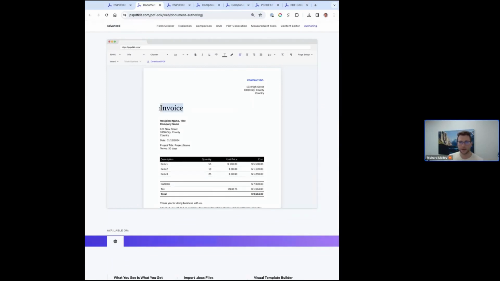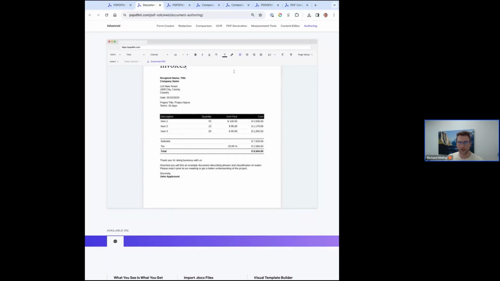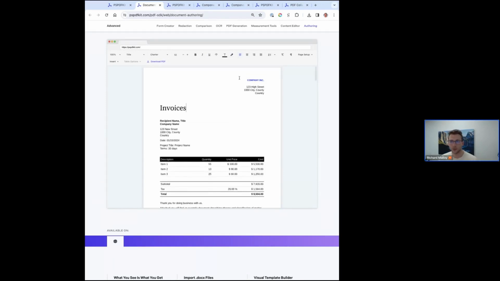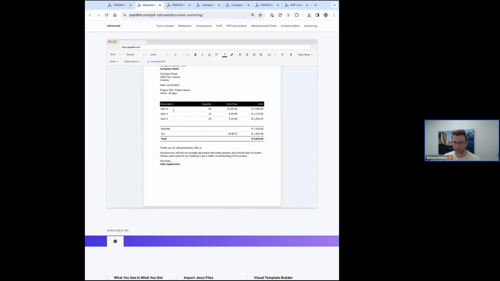Document authoring is the ability to take a word processor workflow and bring it to PDFs. So you're working in a PDF, but as you see, the toolbar mimics what you would see in Word. We're able to do a lot more, like changing the margins, inserting tables, line breaks, things like that. But this is really going to change the game in terms of how easy it is to manipulate a document